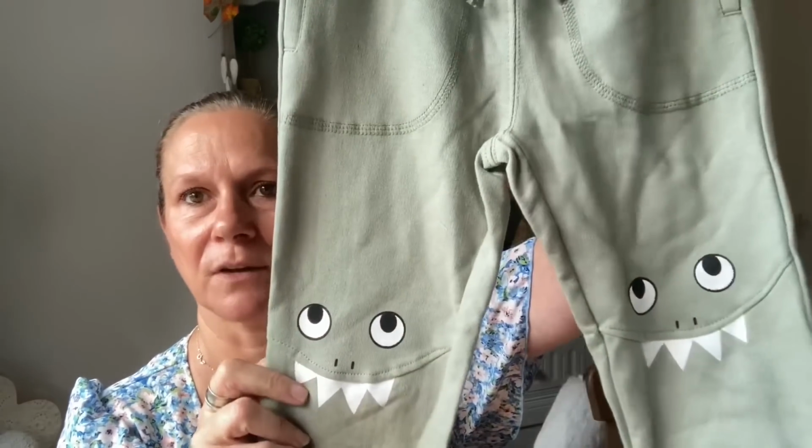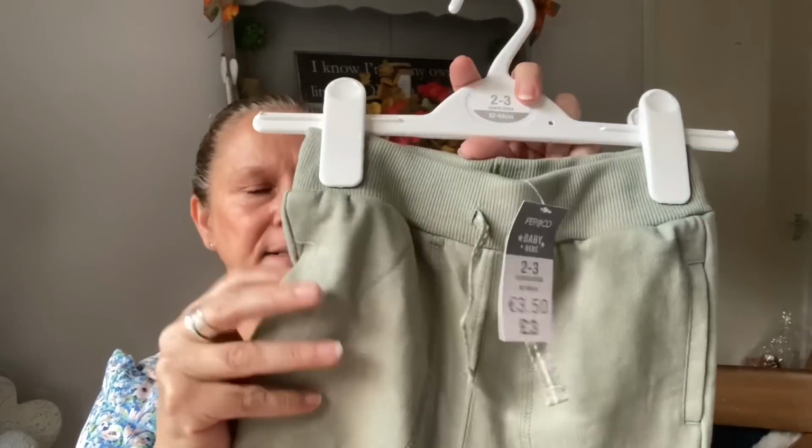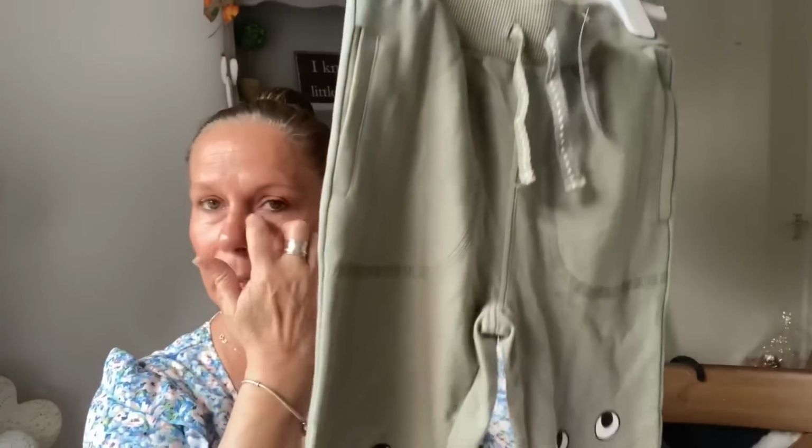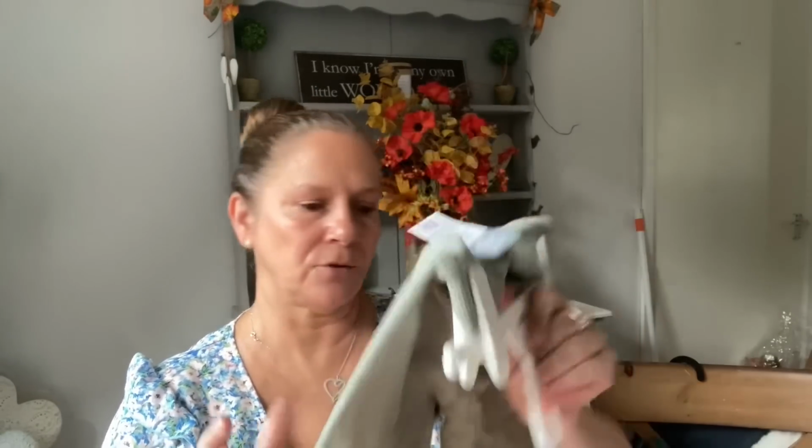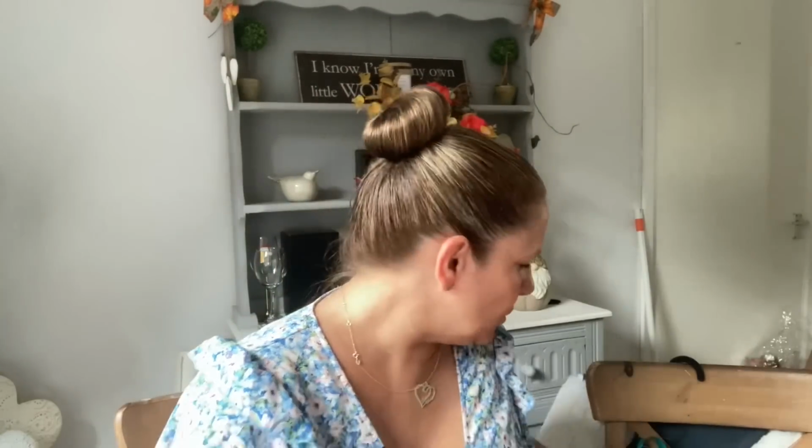So I picked him up some more pants, and these were £3 for a pair. So they've got little monsters on as well. Little pockets, little drawstring, and a cuffed leg. And I got those in 2 to 3. But when I came to the tops to go with that,